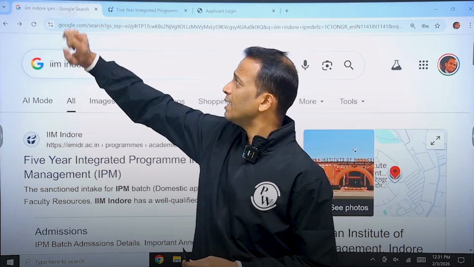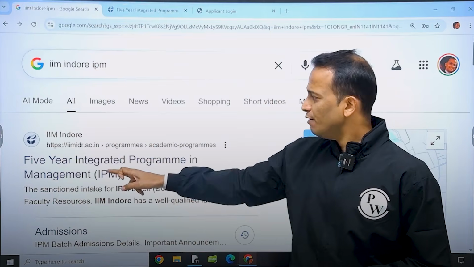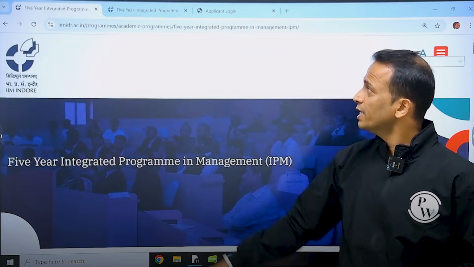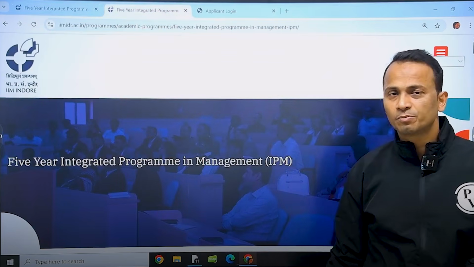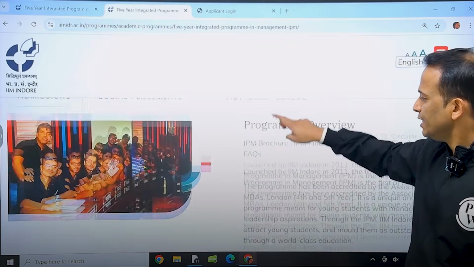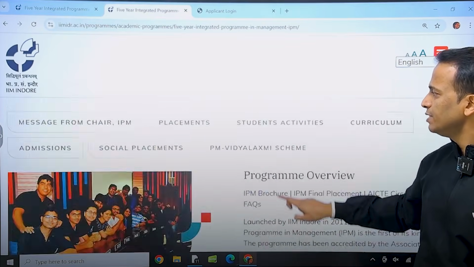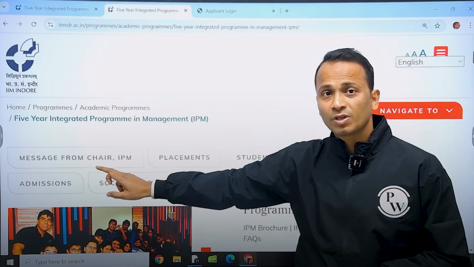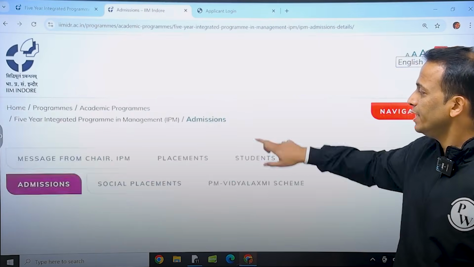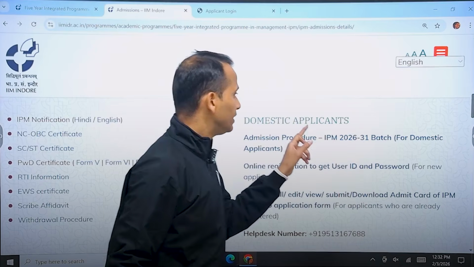सो सबसे पहले क्या करना है आपको, गूगल सर्च में IIM इंदौर IPM टाइप करो. 5-year integrated program in management, इसका लिंक आएगा, and we'll click on this link and it will take us to this page. Okay, now you have 5-year integrated program in management, and if I'll scroll down you will find a lot of information about this program, right? So यहाँ पे आपको एक बटन मिलेगा admissions. So admissions पे क्लिक किया and again scroll down करेंगे. So you will see that for domestic applicants,